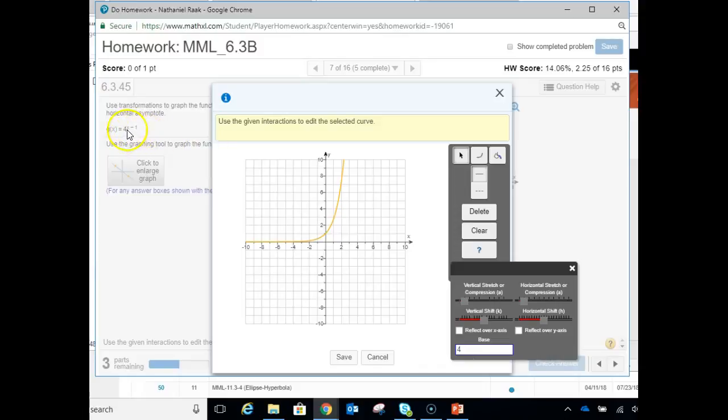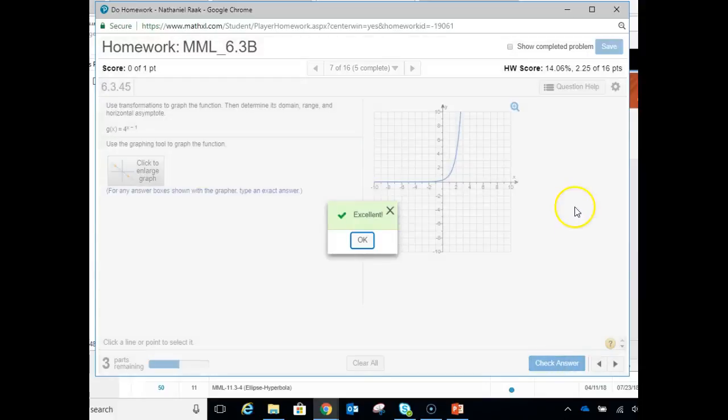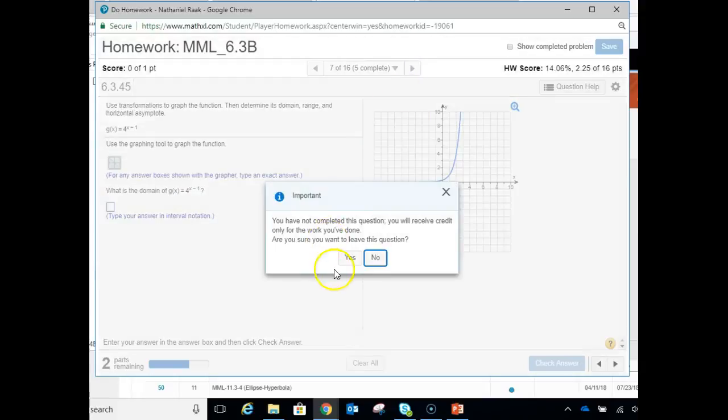And then this minus 1 right next to the x, it's not outside of everything, it's right next to the x. That shifts it left or right. So that shifts it left. Nope, the minus 1 shifts it just opposite, so it shifts it right 1 unit. So for a horizontal shift here, it's going to be 1 unit to the right. And then we'll save that, check the answer. I'm going to get the answer. I can do those other parts, but what I want to take time to do is show you